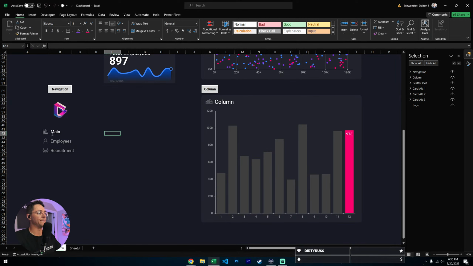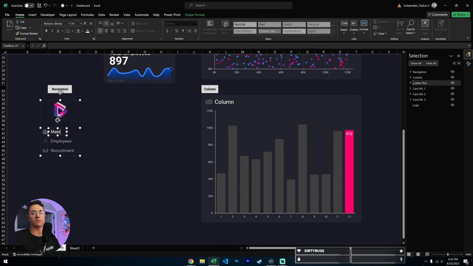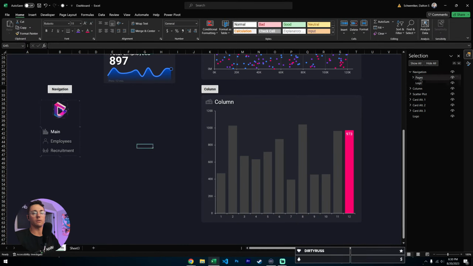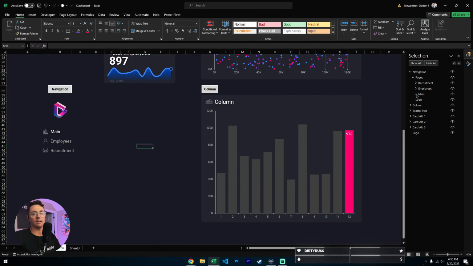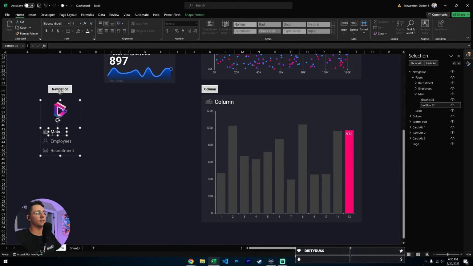So what I did was these are literally just an icon and then a text box next to it. And I will get the selection pane here so you can see. Navigation's broken down into the logo and then the pages. And then I've got the three different pages here. So if I've got a main, it consists of the icon and the text box. And if I select main here, well, for some reason it's not wanting me to do that,